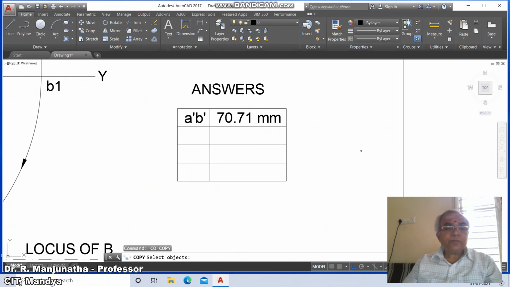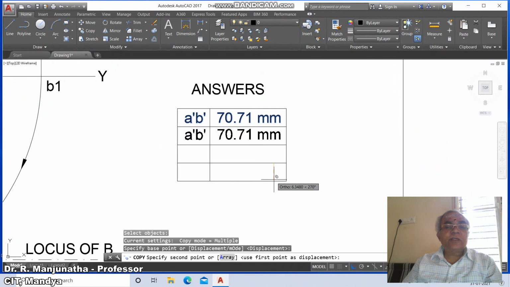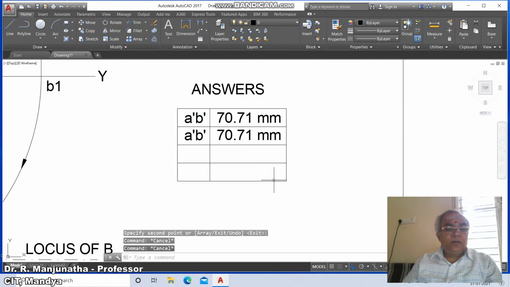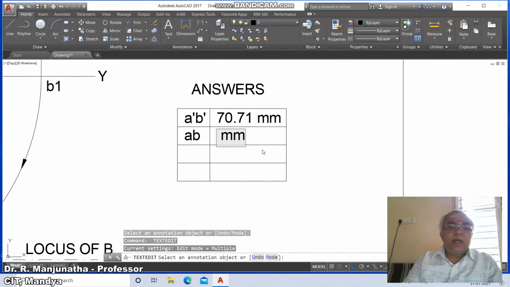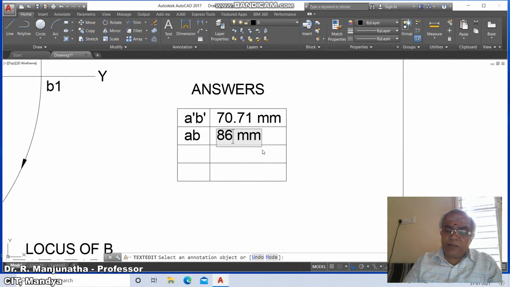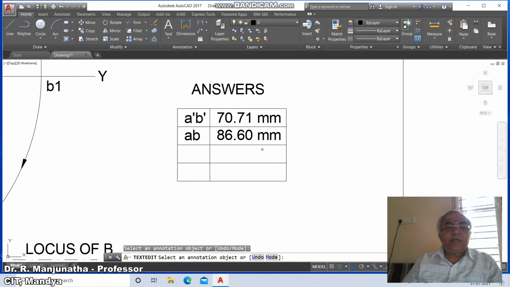Then go to copy, select these 2 and copy this to the next one. Here go to DD edit. DD edit means you are going to edit already written text. So you just give the text edit, select an annotation or object, you select this and you type AB and enter. Here you type this 80 point, so you come down to this and you make it 86.60, enter. Then go to dtext,